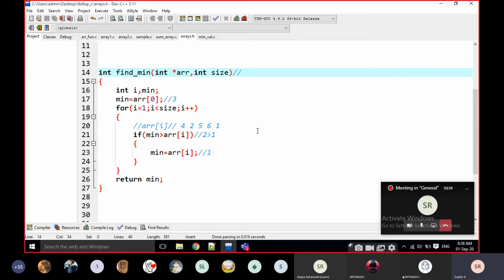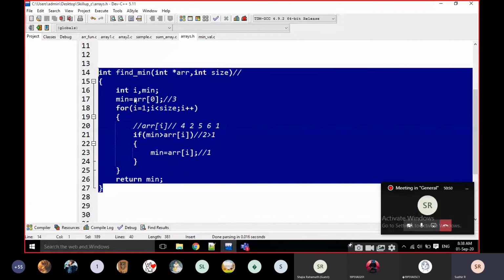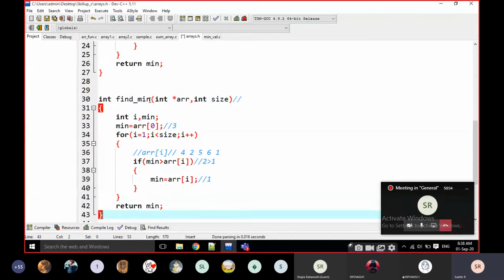Put on fast. Over, sir. Now I am going to write how to find the maximum value here. For example, I am going to find max. What is the function definition? I am going to change here. Instead of minimum, I am going to write maximum. Here it is going to be maximum. Then what is the change here? Here also maximum is less than or equal to 0. max.